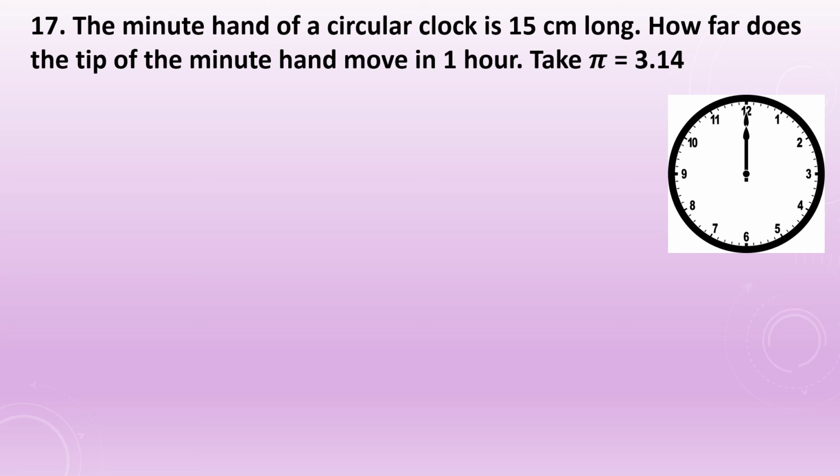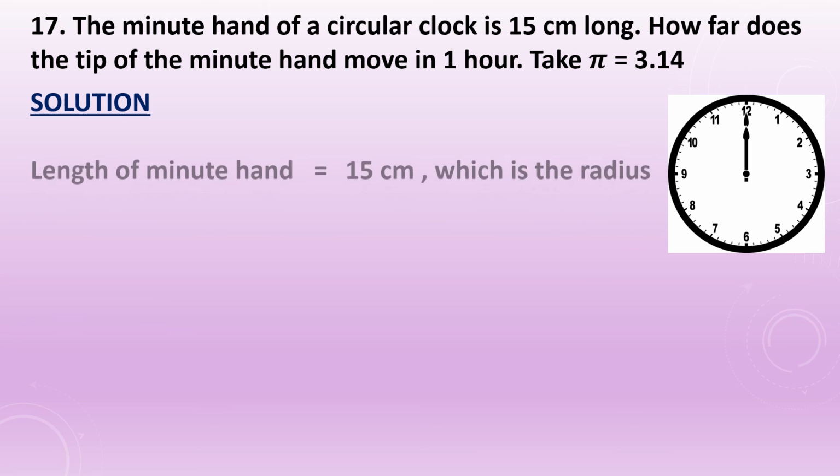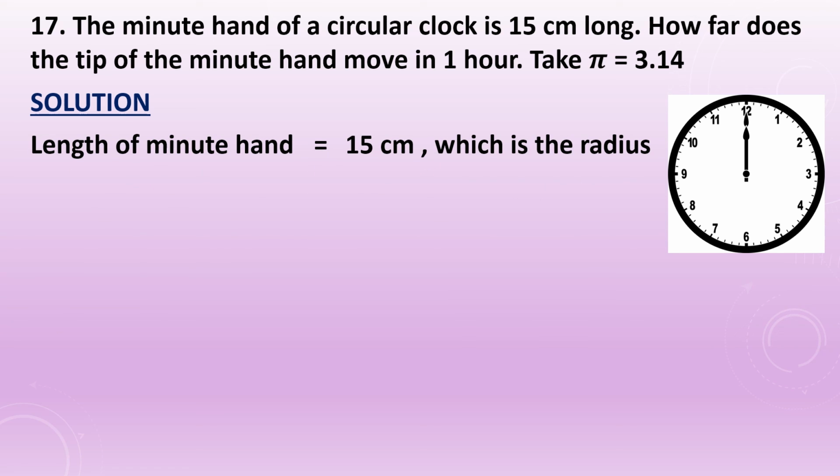That is the question. That means now the minute hand is at 12 o'clock. To complete 1 hour, this will move from right side of 12 and reach again at 12. That is the distance we can find out. That means what? The total length of the circle it is covering. That means we have to find the circumference of the circle. So given here, length of minute hand is 15 centimeter. Look at the figure here. What is here the length of minute hand?